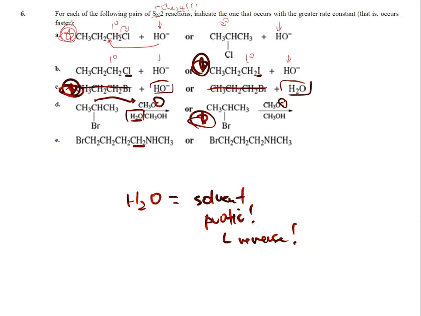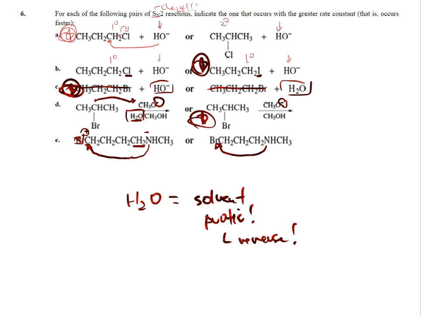You might see something in Blackboard or something very simple. But here you need to understand that this is going to ring around. I mean, this carbon and the bromine is a very good leaving group. So this is slightly positive. This nitrogen has some free sets of electrons on it that's negative. So there is an attraction here that goes on between the nitrogen and that carbon that has the leaving group